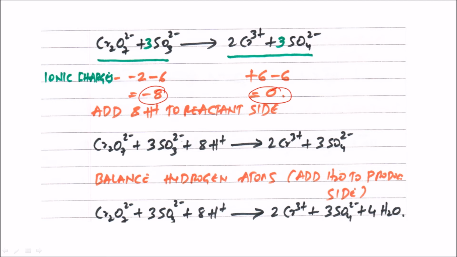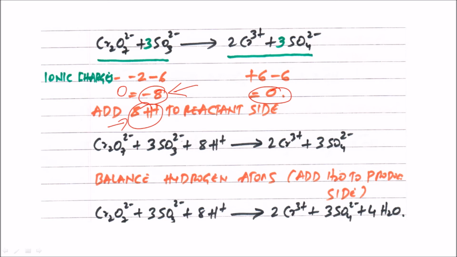It's already given in the question that it is carried out in acidic medium, so we need to add only protons. H plus should be added, okay? And to which side do we need to add now? So that we can make it equal. Because it is -8 on the reactant side, we need to add 8H plus on the reactant side, so that we can make the ionic charge 0 here also.